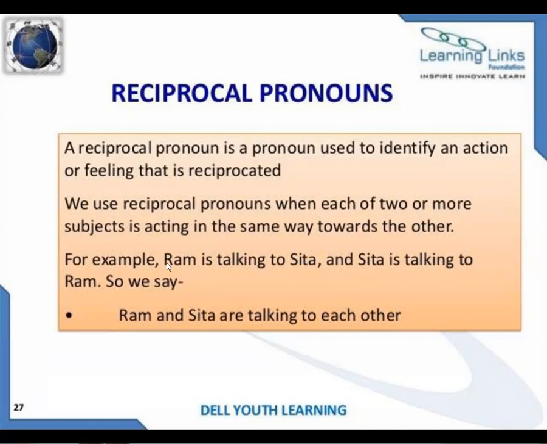Note it down quickly, and while you are writing, I want you to give me some more examples of using each other in a sentence. Hurry up, quickly write that too, note it down in your notebook. Reciprocal pronoun, where you can use each other in a sentence. One action in which both people are involved, that is reciprocal.